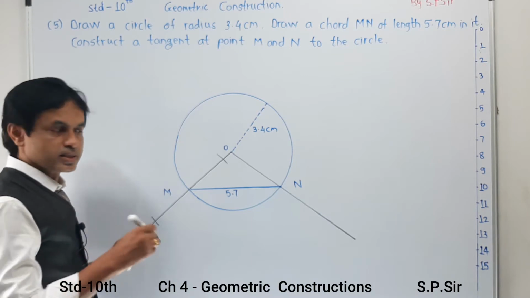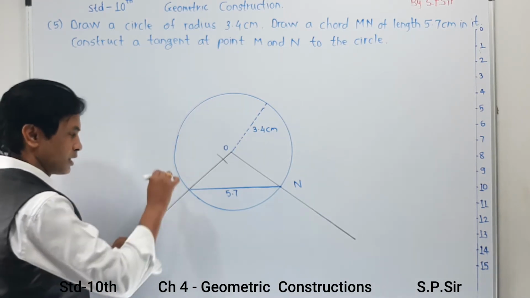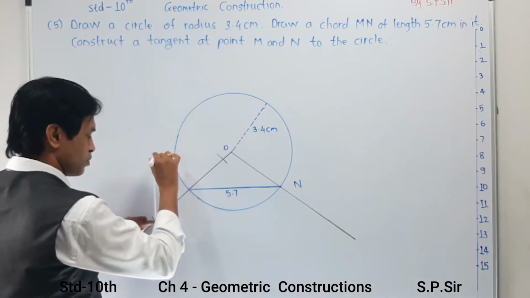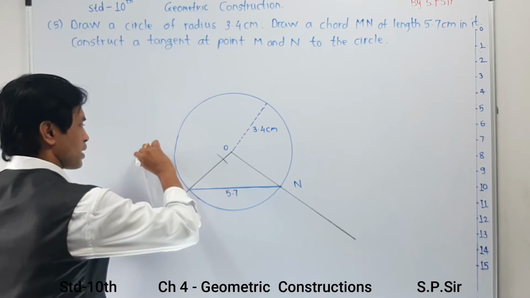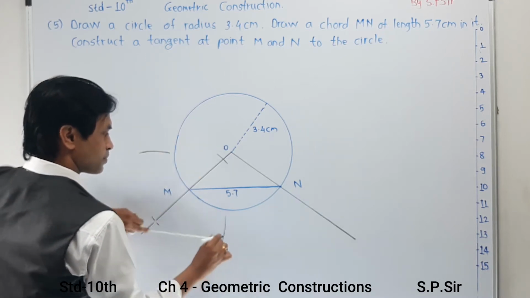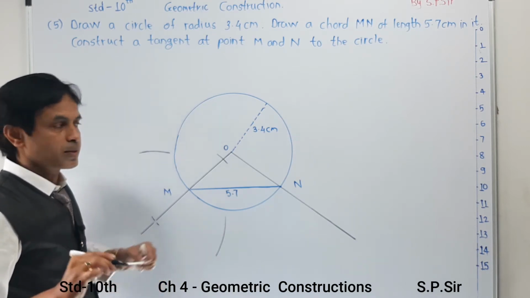So increase the distance in your rounder, taking this point as the reference of an arc and a straight line which is on OM over here. I am going to make 2 marks: 1 mark upstairs over here and second mark over here. In this way I have made 2 marks, keeping the distance same.